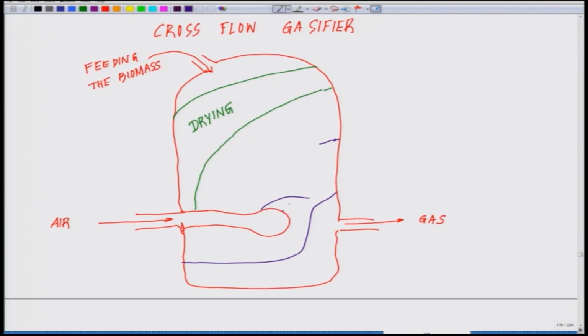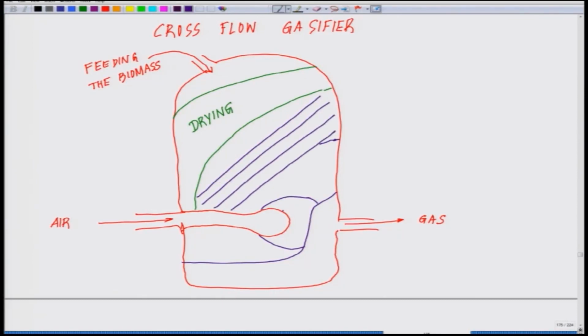So, this zone what you see, which I am now hatching with violet color,